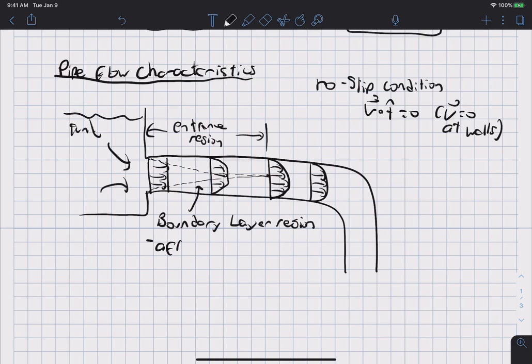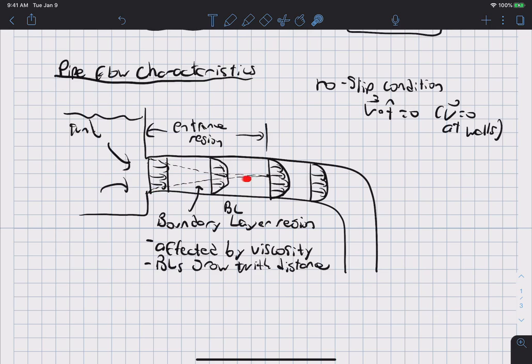And this is affected by viscosity. Okay, and I'll call the boundary layer BL, and the BLs grow with distance. Okay, and so eventually these boundary layers, which mark the region of fluid that is affected by viscosity from the wall, and the region of fluid that is not affected by viscosity, these eventually grow,